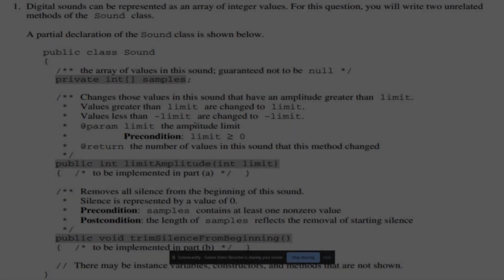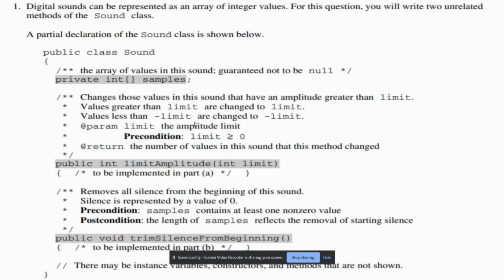Okay, so in this video, I will be going over the 2011 APCSA FRQ, problem 1. Digital sounds can be represented as an array of integer values. For this question, you will write two unrelated methods of the Sound class, and they give a partial declaration of the Sound class. They hide the constructor, which is really common because they don't want to confuse who's taking the test, and they want to direct the importance towards the two methods of the class, which are limitAmplitude and